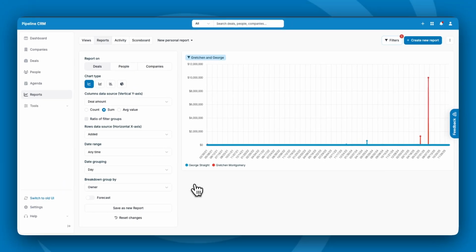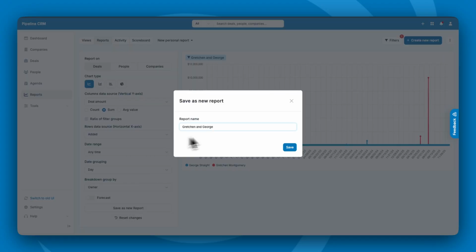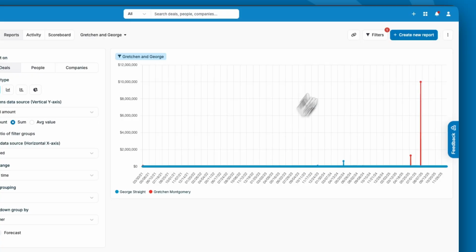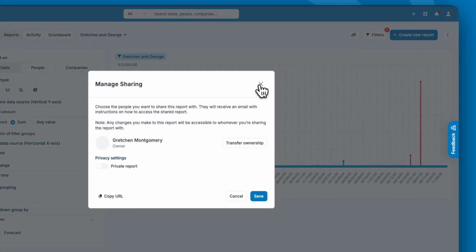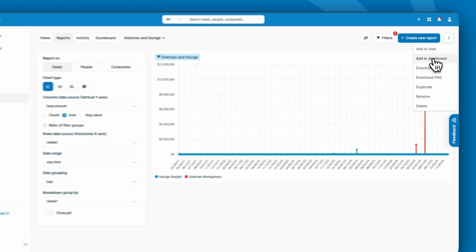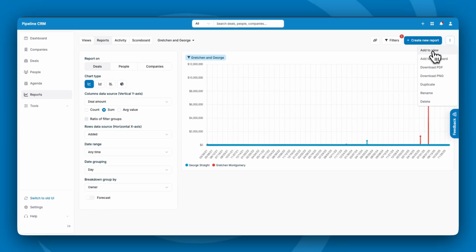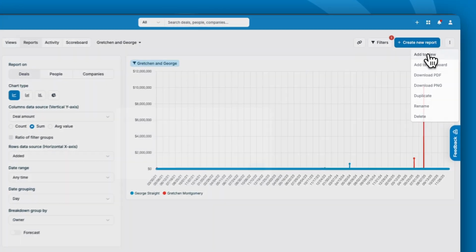Don't forget to save the report. Gretchen and George, save. Now I can share this report with others. I can add this report to my dashboard. I can add this report to my view. I could download as a PDF or PNG. Let's add it to my view,